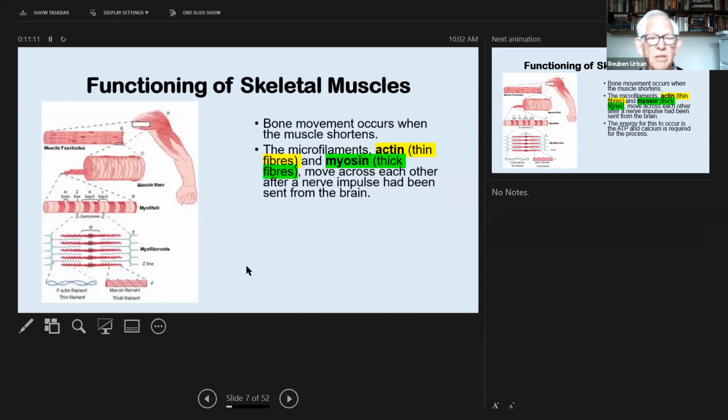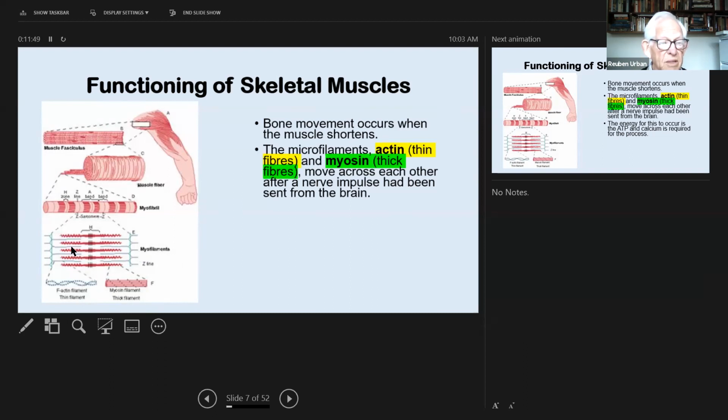So what happens is when we're moving, you'll see in this diagram, we get closer and closer. So you get a muscle, you get a muscle fiber, you get a muscle myofibril, myo meaning muscle. And I won't worry about the bands and the sarcolemma there. But what you see here is right down to the supermicroscopic level. And you only see this in an electron microscope, so small. This absolutely tiny thing here.